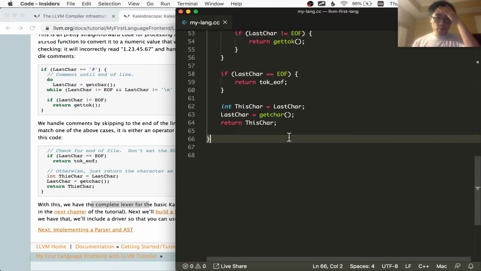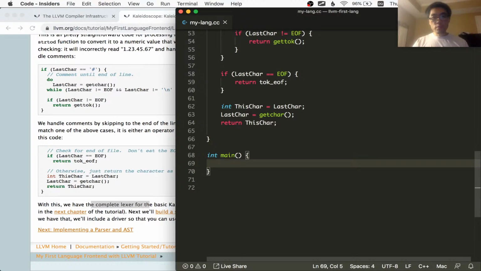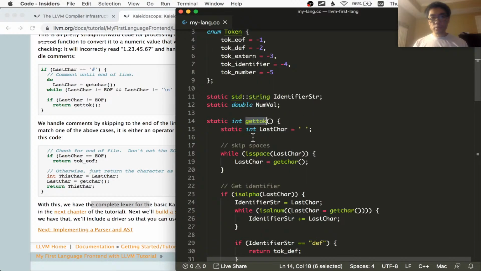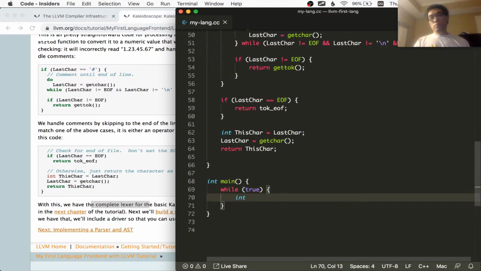In C, the entry point of your program is always the main function. That's just a convention. If you write a main function, it will be the entry point of your program after you compile it. I'm going to call this get toke function basically forever. So I'm going to say while true, get toke,